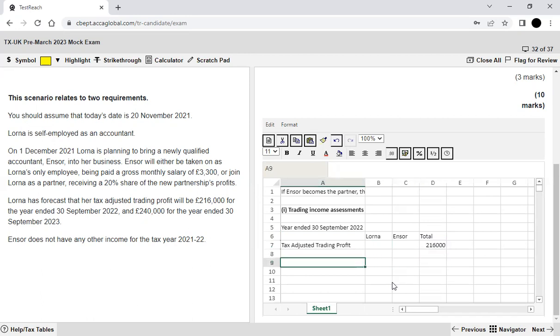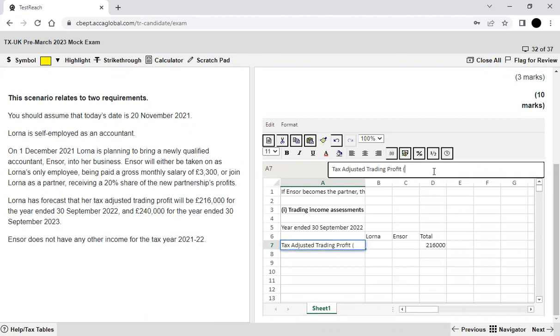Out of this, Lorna was in partnership for a period of